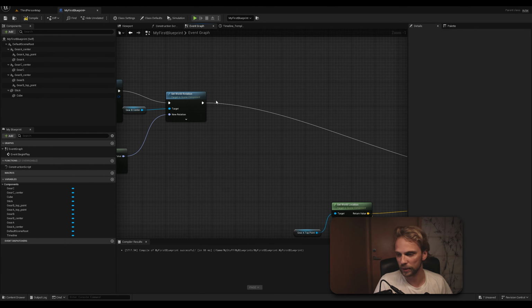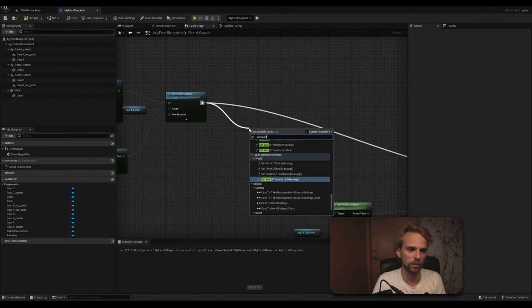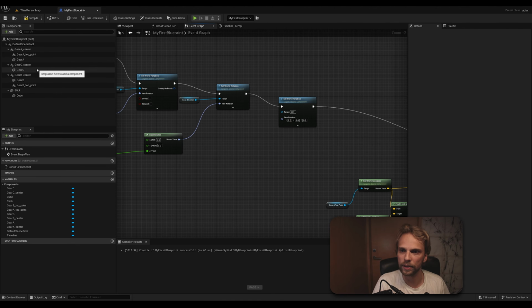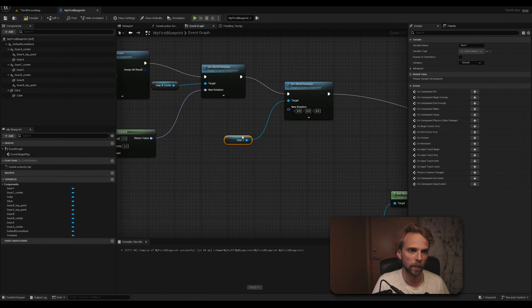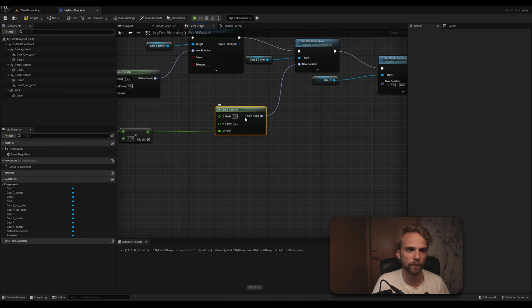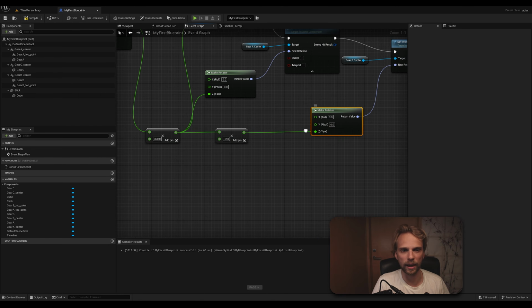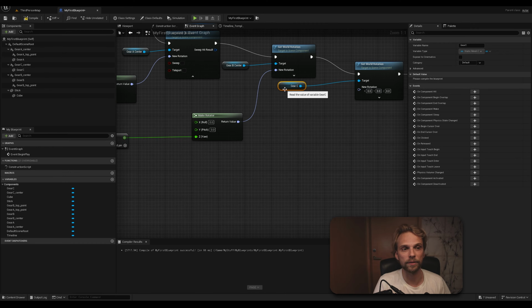When that is going to rotate, set world rotation, set world rotation for gear C, right? It should use the same rotation as gear B because they're identical, but it should have a 10-degree offset, I